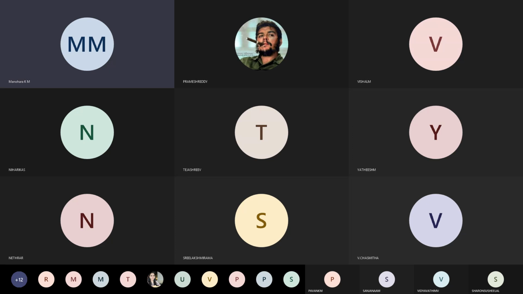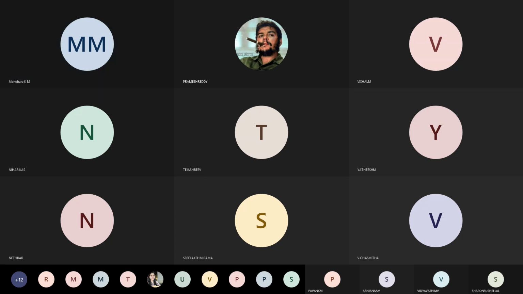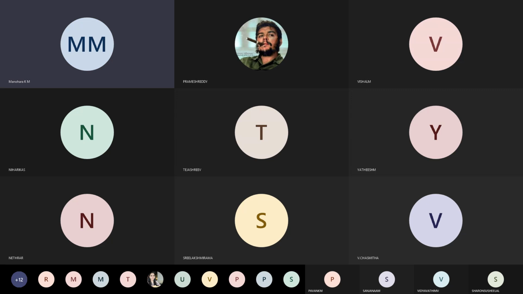Next we have encoding HARQ ACK and SR. Here the HARQ ACK bits and the SR indication are received from the higher layers.